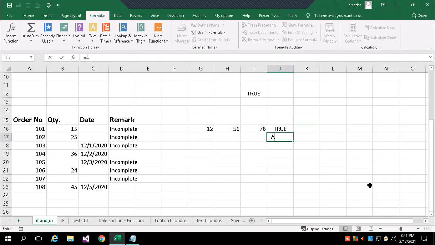If I do the same thing with AND, first condition and second condition and third condition. So for all three conditions, only one is satisfying, the other two are not satisfying. 1256 is not greater than 60, so it returns overall false. Whereas in OR, if either one is true, it returns true.